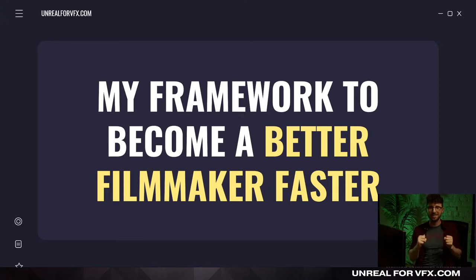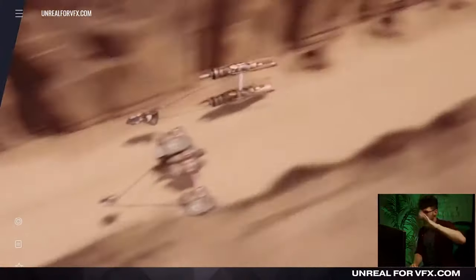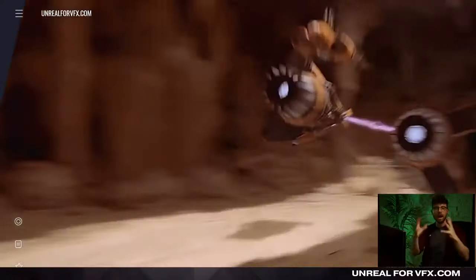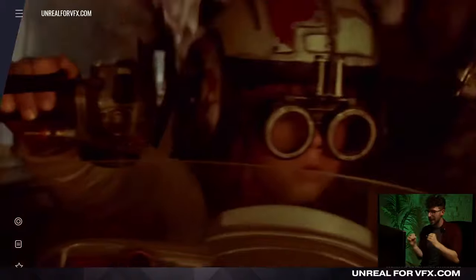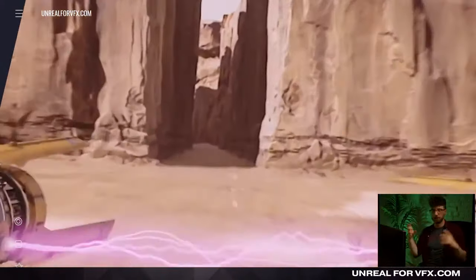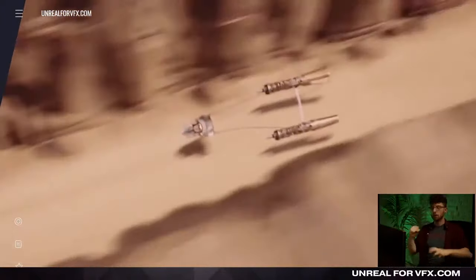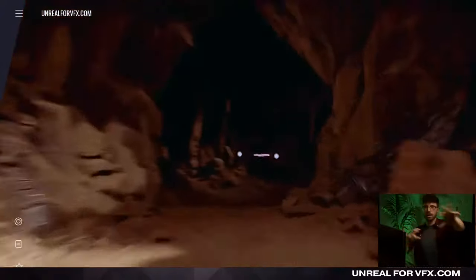Sometimes we need to slow down to go fast, and a lot of times people are making this in the wrong order, basically. So really quick, let's look at this pod racing scene from Phantom Menace. If I see this and I was like, okay, now, Brandon, your task is to make this exact scene in Unreal Engine. What are you gonna do? Most people are gonna find a model of the pod racers, they're gonna throw them into Unreal, and they're gonna start animating them along the track, and they're gonna start plotting out keyframes and start animating around and start building it out.